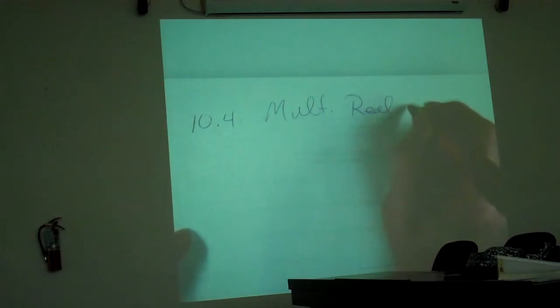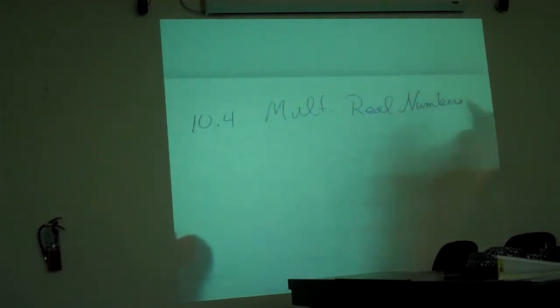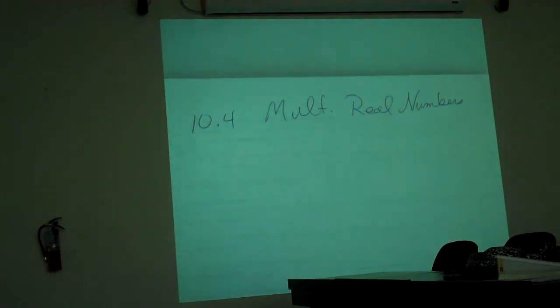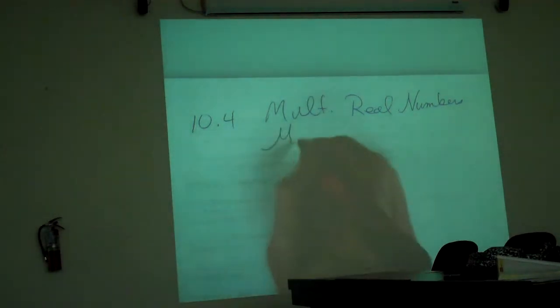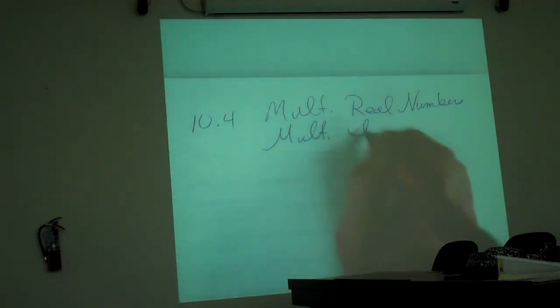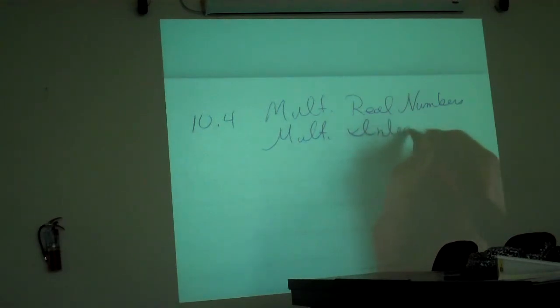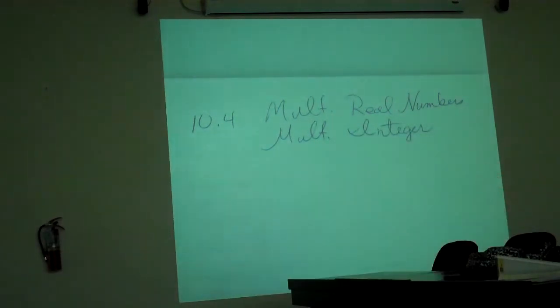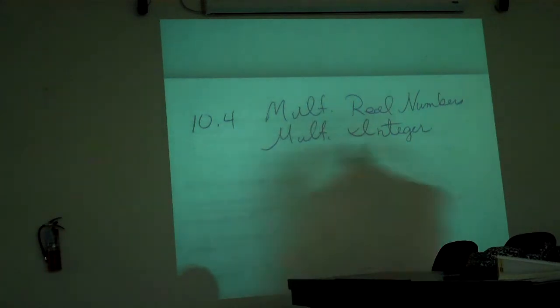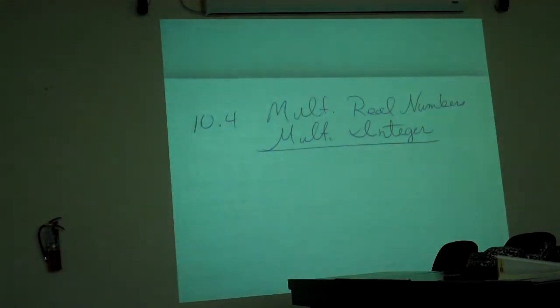That means multiplying positives and negatives. It could also be called multiplying integers. Integers are your positives, negatives, and zeros. Okay, so we're multiplying numbers,